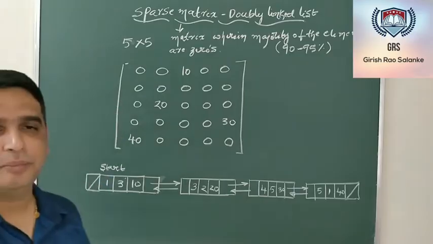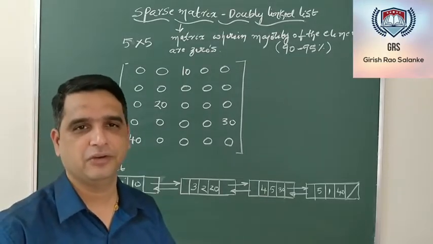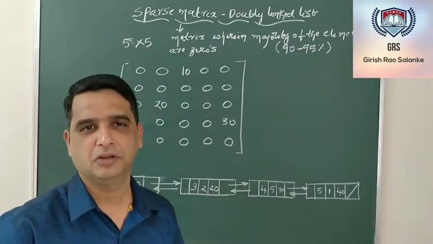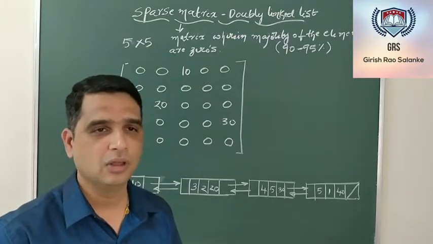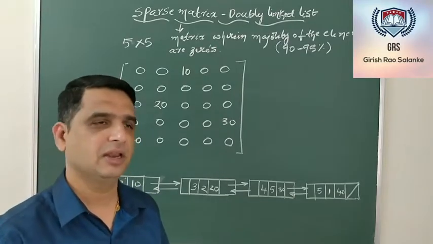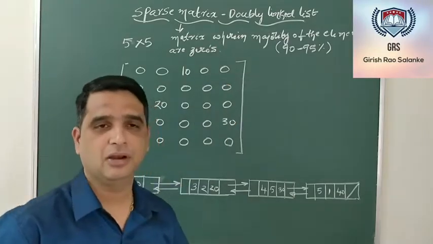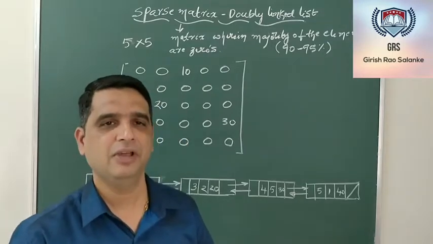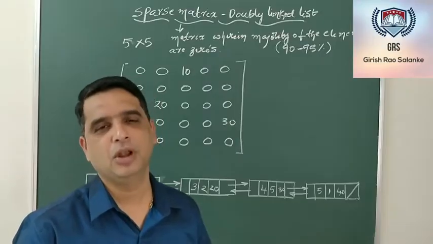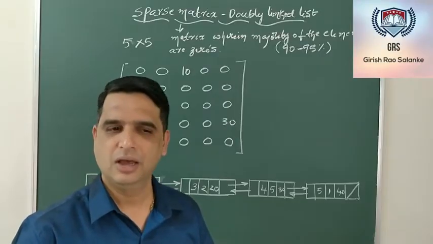Here I have taken an example with the order of the matrix as 5 cross 5. Assume that there is a matrix of order 100 cross 100 or maybe 50 cross 50, wherein you can store nearly 1000 or 10,000 elements. In that particular case, if the majority of the elements are 0, then it is really a waste to use memory locations wherein you are just storing zeros.